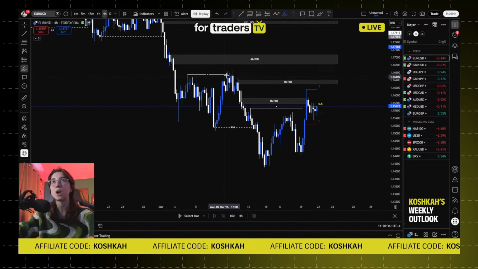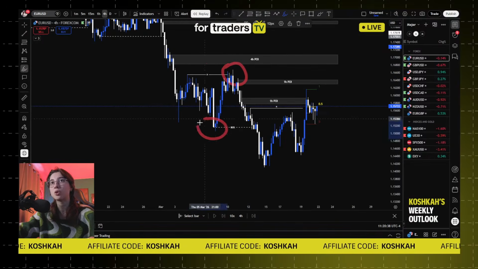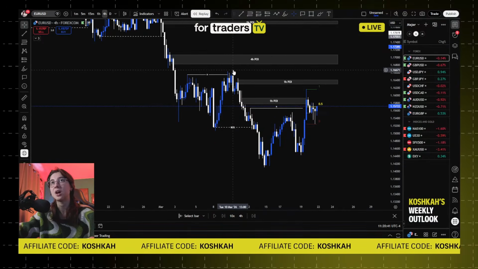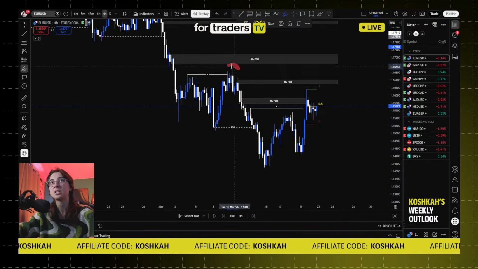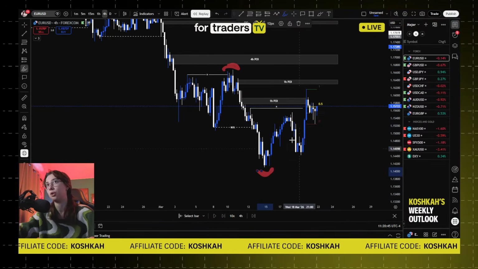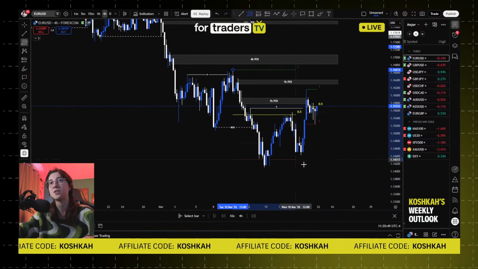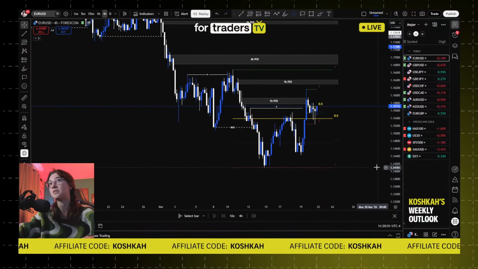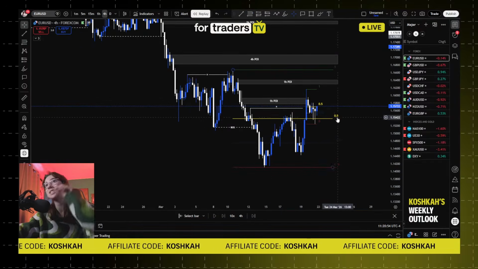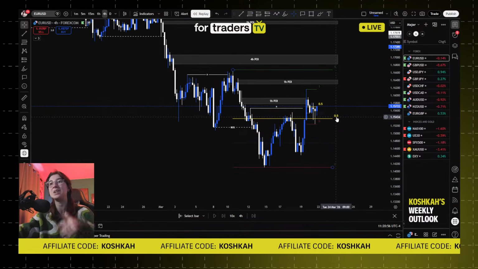Basically your range is from the highest point that broke the low, as you can see. So this is the high that broke the low, and the lowest point is the low. So this is your range from this high to this low. After that, you're going to draw your Fibonacci from the high to the bottom to identify all the valid POIs above the 0.5, so basically in premium.